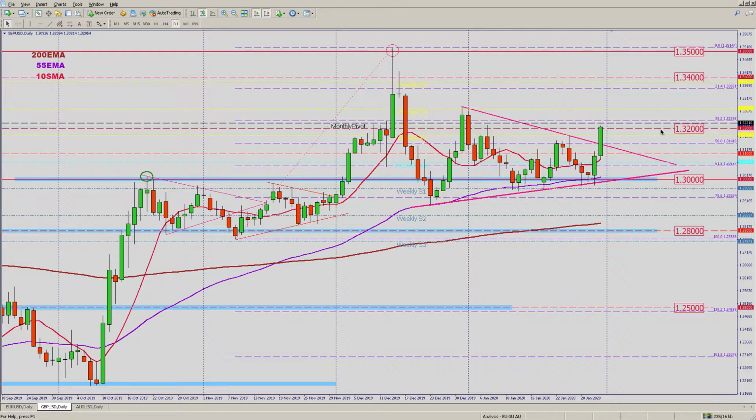So right through the 132 level, right through the upper triangle trend line as well, and trying to target the monthly pivot before the end of yesterday, but just missed out. So we'll see what the new pivots will be for February,